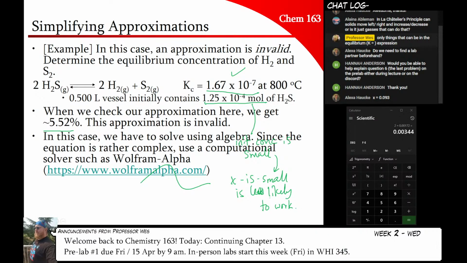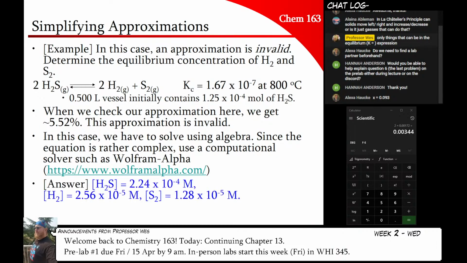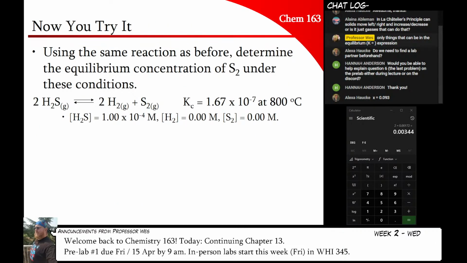So I'm going to leave this one as an exercise for you to do because it requires you to do this on Wolfram Alpha. And then I have another practice problem here, same circumstance. You may or may not have to use Wolfram Alpha for this one, but I'm going to let you do that because we've done enough of these today. We've done like an hour and 10 minutes worth of them. So we're going to go on to the next topic, which is everyone's favorite,